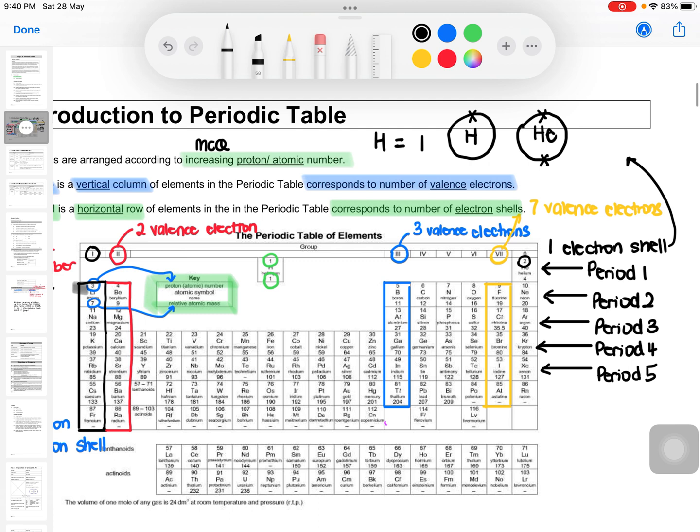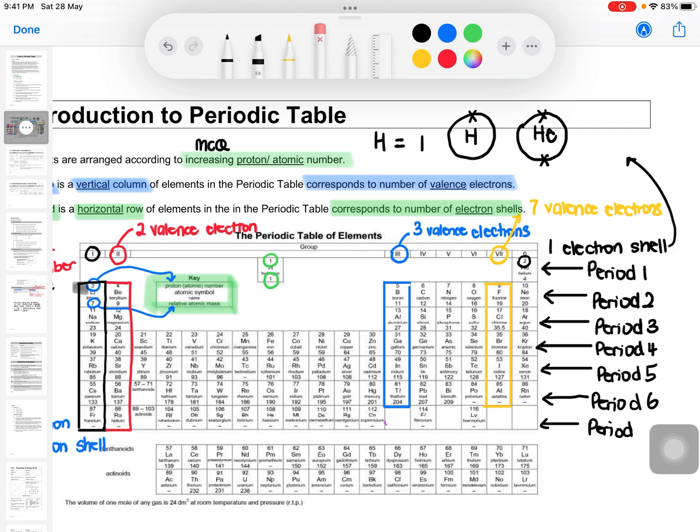Okay, period 5. Okay, this is period 6, and last but not least, period 7. So in the periodic table, you actually have 8 vertical columns of groups, and